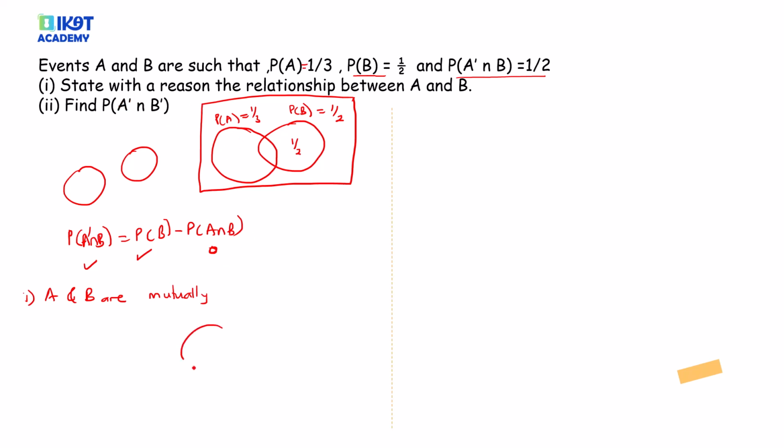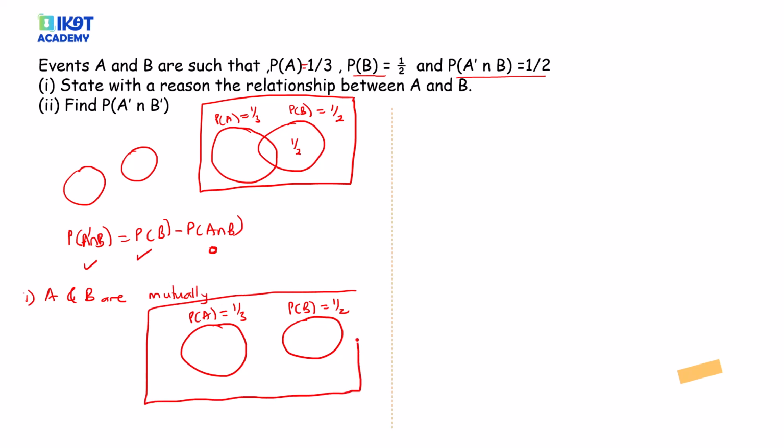Now for that, let's draw, because we already know the probability of A is a third, and the probability of B is half. When you look at this, we already did this. I told you with practice, you can easily know that this is the same as the probability of A union B complement, meaning I can just find the probability of A union B, then get its complement. So here I have a third plus half.